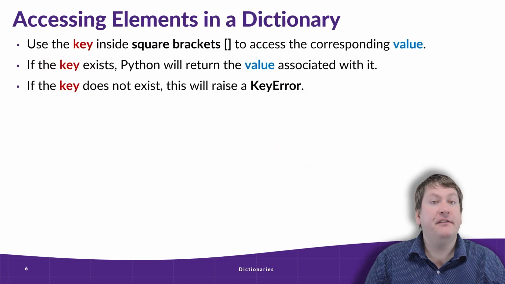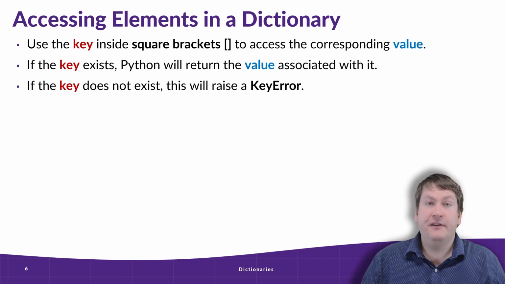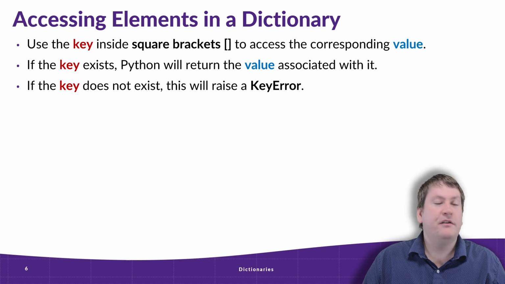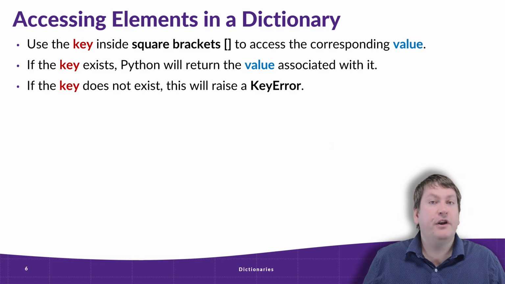So how do we access the individual elements of a dictionary, those values for a corresponding key? Well, just like with lists and tuples, we use the square bracket notation. Except this time we don't give it an index number. We don't give it 1, 0, and so on. We give it the key value. So we specify which key we're looking for, and the dictionary will return whatever value is mapped to that